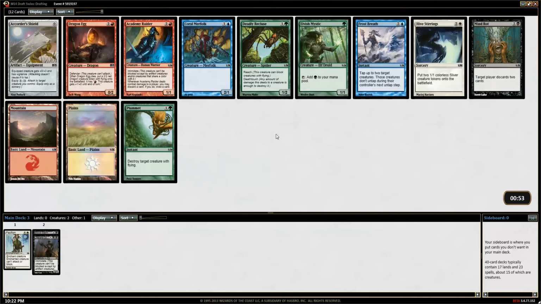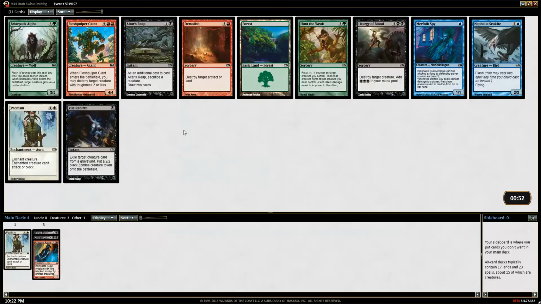See what comes around. Nothing came around. Foil land came around. There's an Academy Raider. And he's pretty good. Dragon Egg, Shield Recluse, Frostbreath, Hive Stirrings. Man. Alright, I think we'll pick up the Academy Raider here. We could end up in the black-red sacrifice deck,